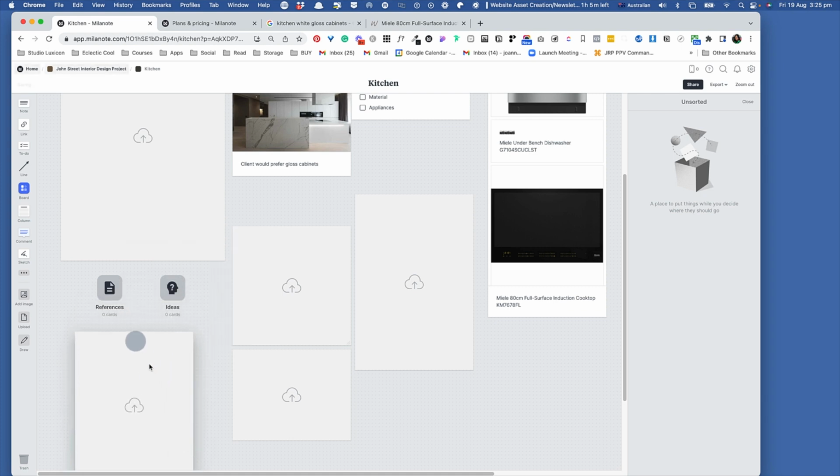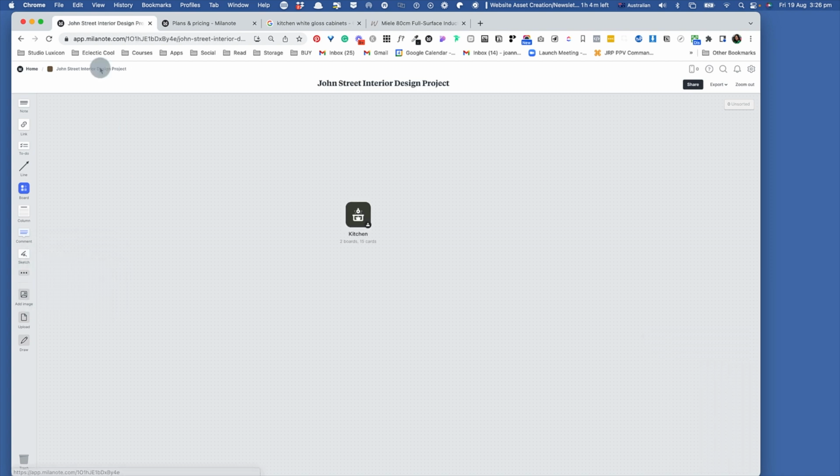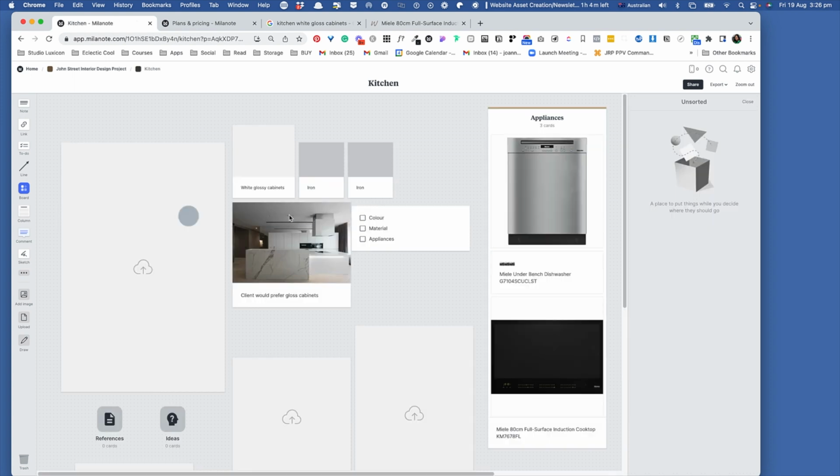Now, the other great thing about it: if you've got a board and you just want to keep references, you can go into that board and create any kind of reference. So you can make notes, sketches, columns, draw connections, write a to-do list, all sorts of things there. And you can insert things like videos and colors. So even if you wanted a little video explainer, you can definitely upload them, as well as the ability to put audio. So if you have a little note for your client,